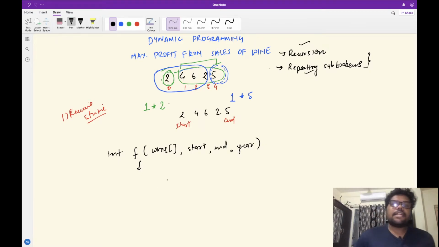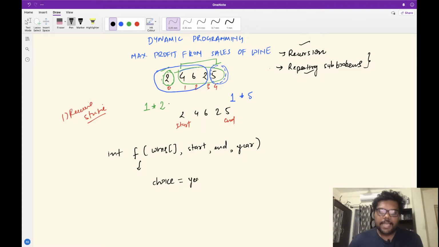We saw that we have two choices. Either we can sell the wine from the left, the start index, or we can sell it from the end index. So let's say we make choice 1. What is choice 1? We picked up the start index, and the wine at the start is multiplied by year, right?